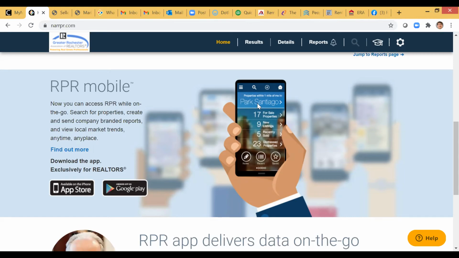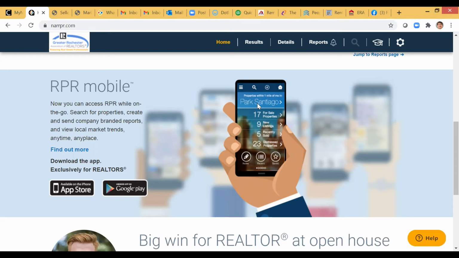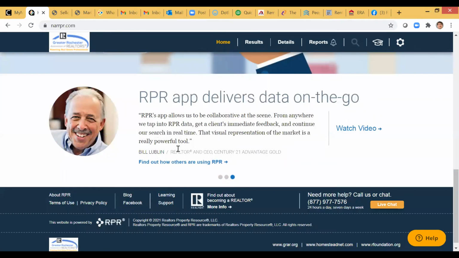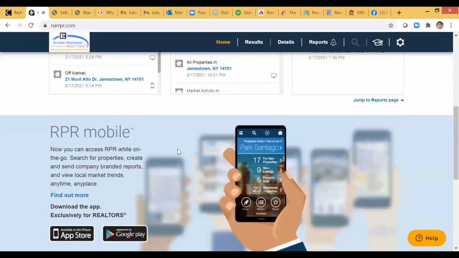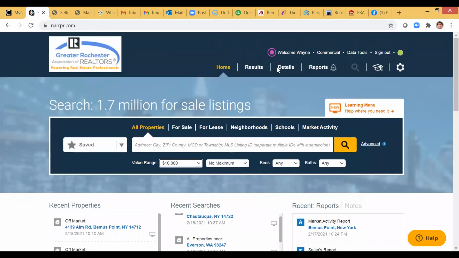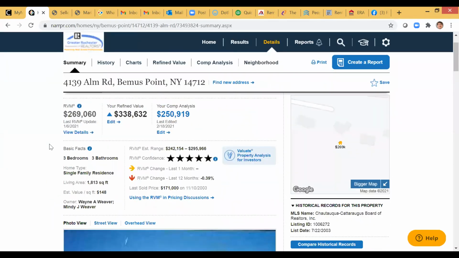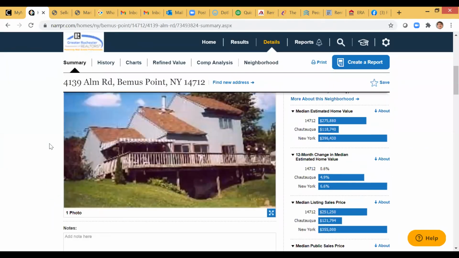So those are properties where maybe the owner doesn't know that they could still sell, depending on where they are in the process, but short sales, things like that. So again, unbelievable data that we have access to, and just clicking through and pushing buttons and redoing something and running